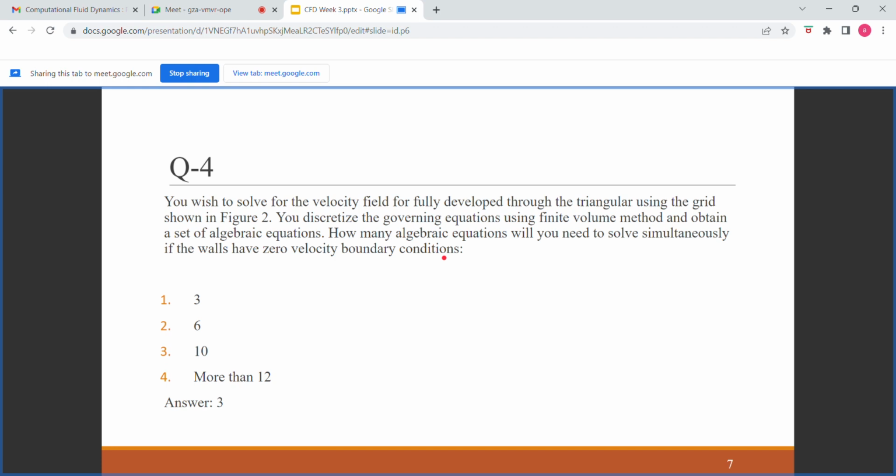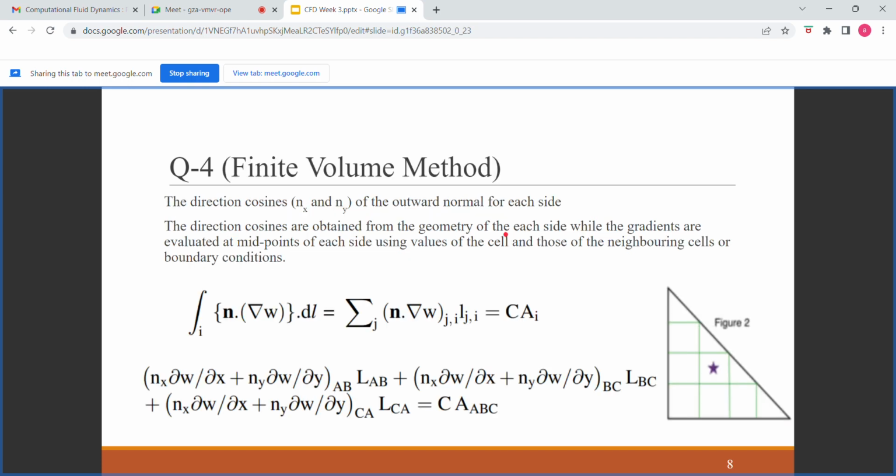So in this, figure 2 is considered for this problem, and from figure 2 they have given that we should discretize using the finite volume method, and how many algebraic equations need to be solved at the end of the problem is what is asked in this question. So in finite volume method, there are a few things to be considered, like the